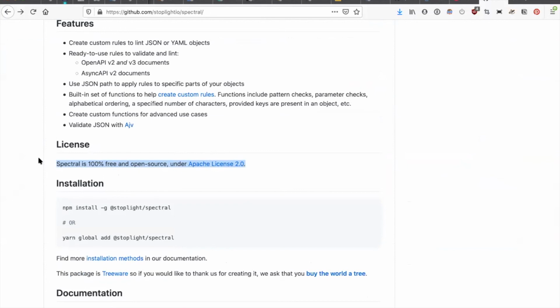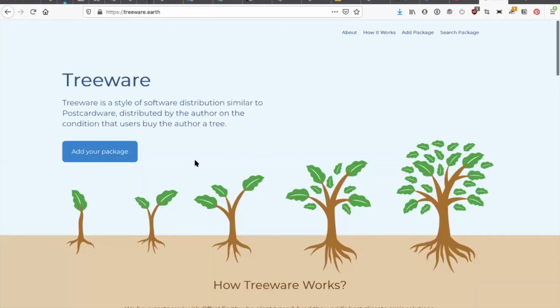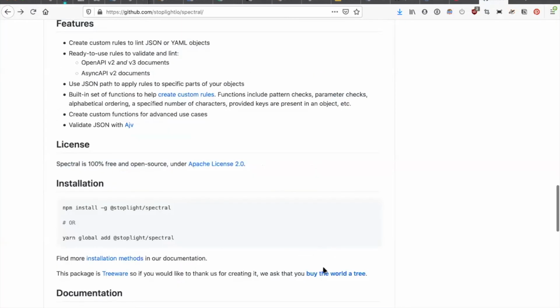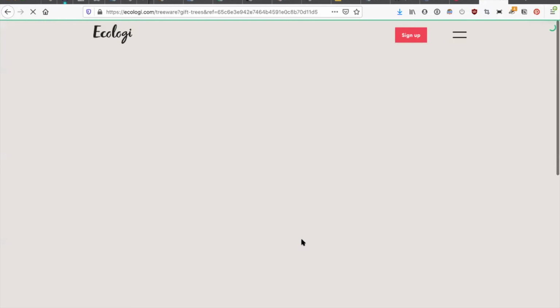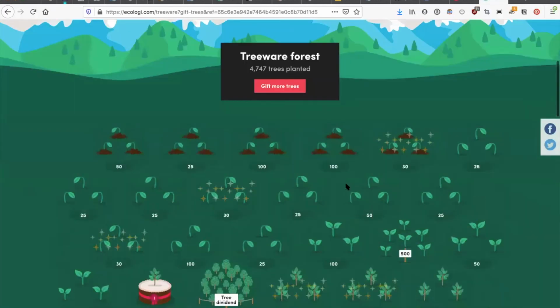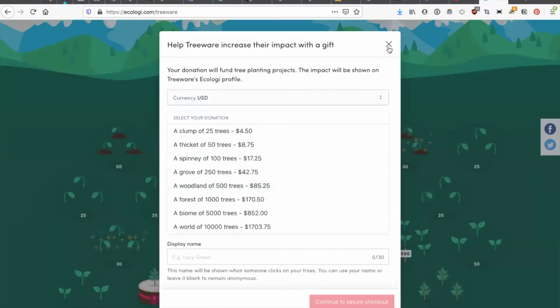Awesome. Oh, and there is this one thing that scares a few people. We call it treeware, which is a project some folks made that just says, if you like it, say thank you by buying us a tree. Instead of buy us a coffee. We've got plenty of coffee. You can just buy the world a tree instead if you like it, but you're under no legal obligation to do so.